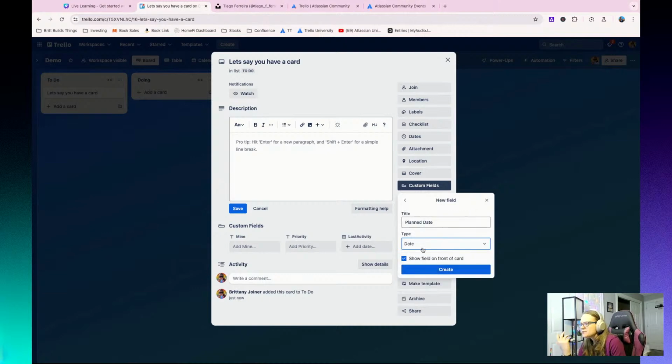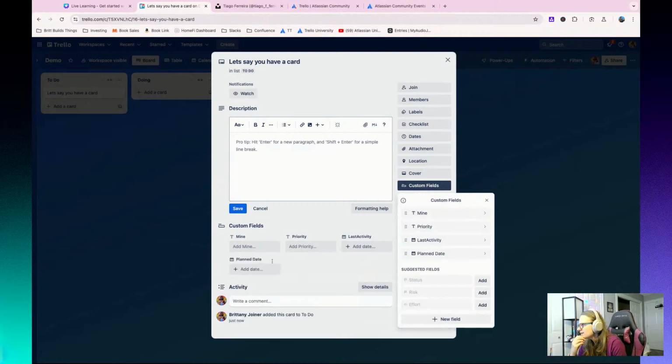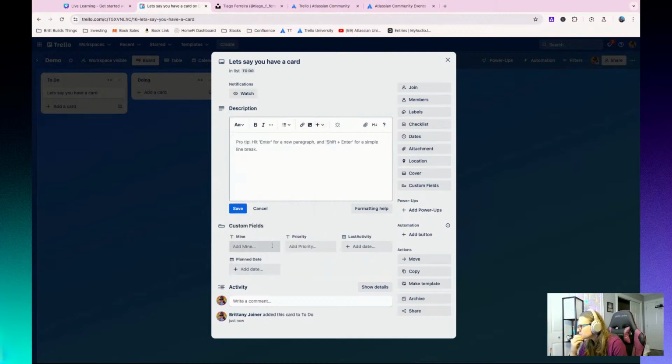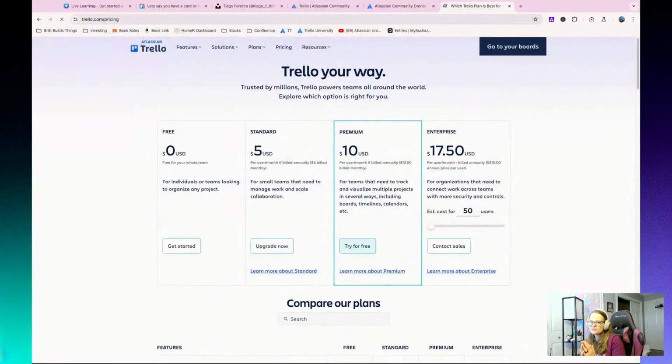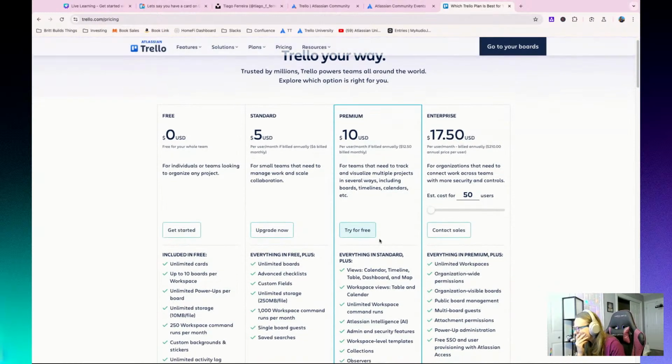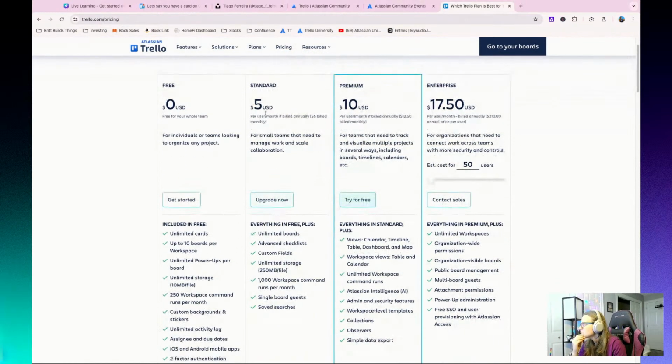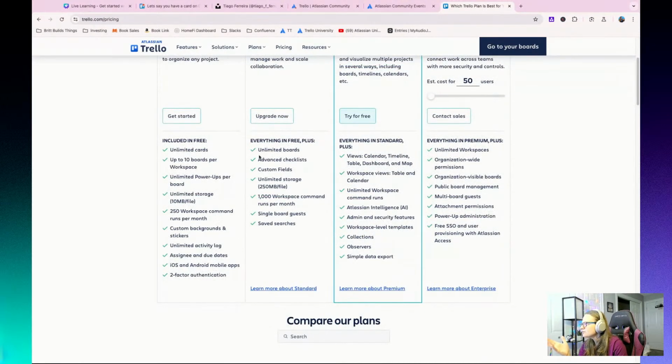They have different properties, as you can imagine, primarily with automation, and the different formats they look like too. A date field is going to look like a date. A text field is going to look like text. A drop down is going to look like a drop down. Exactly, you got it. So that's the gist of that. Custom fields are a paid feature, and I'll touch really quickly on Trello pricing. It's kind of confusing for a lot of folks. I've got some videos on it that help explain the concepts. But basically, for $5 a month, you can get those custom fields.